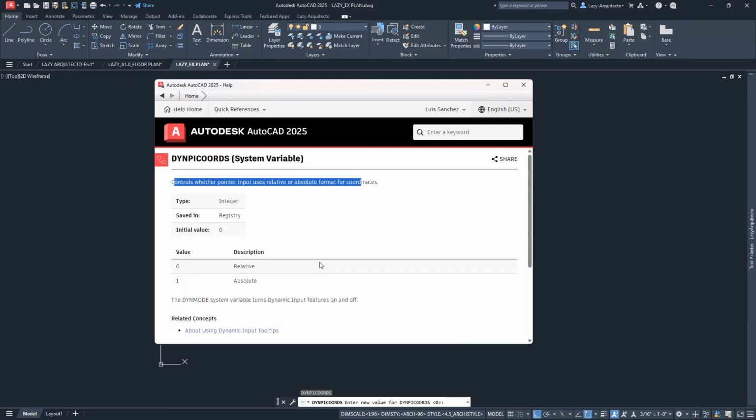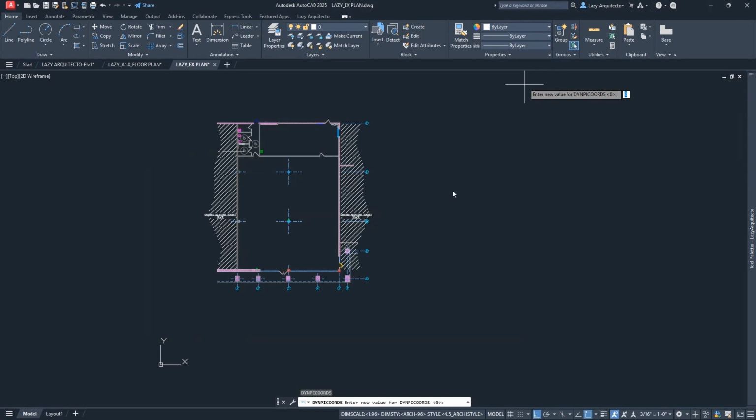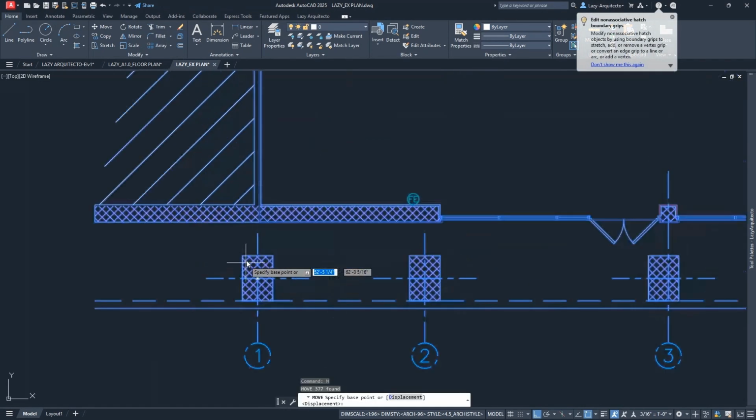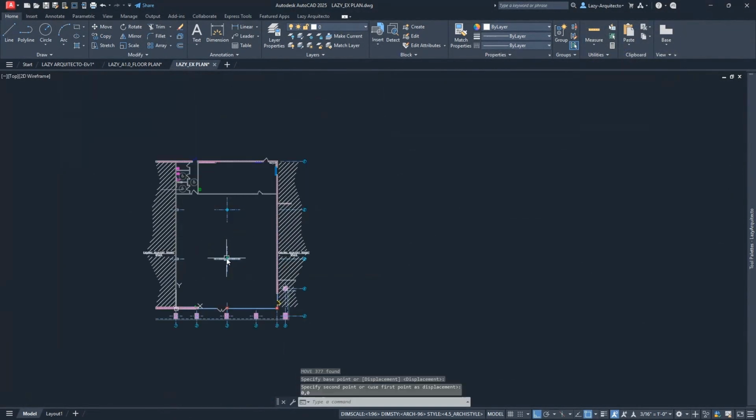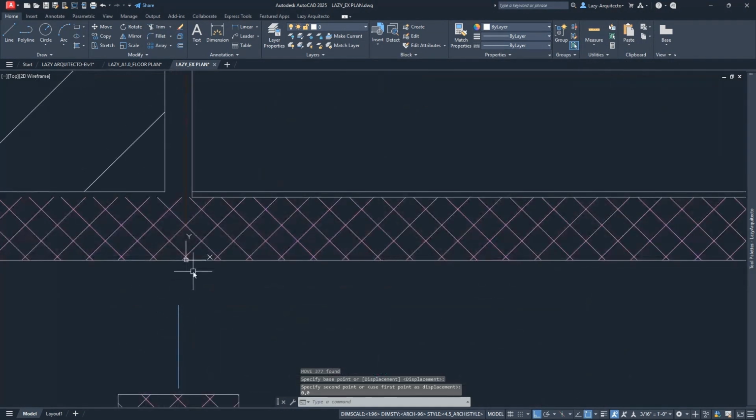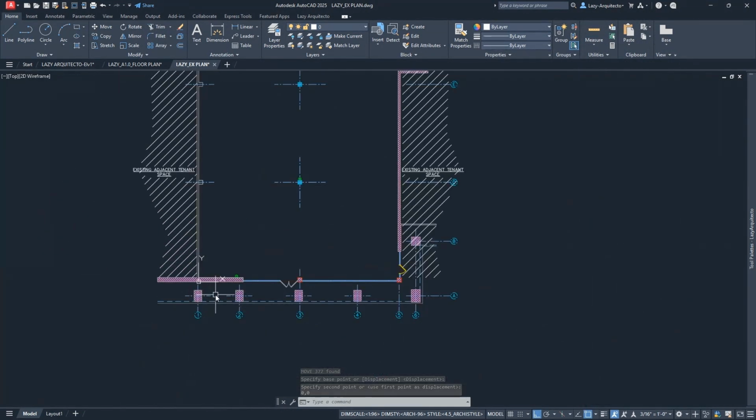That means we need number 1. You can see right now it's set to number 0. Let's change that to number 1, and now if I move my plans to 0,0 and press enter, boom, you can see that I was able to move my drawing nicely. And this is because now this is based on the origin of the drawing and not the last point